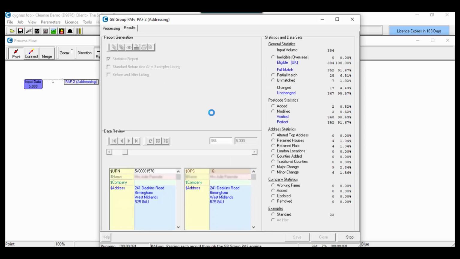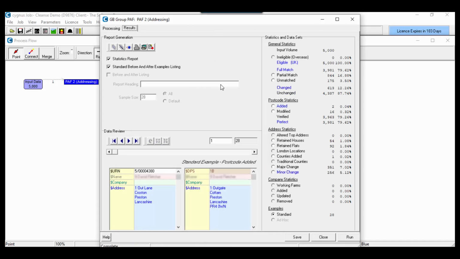As per the download we saw a moment ago, you can review it as it runs. And you can see on the right hand side the stats of this path run are being updated as it progresses, and we can see here we've got about 31 unmatched records in this file. Looks like the full match rate is around 83–84%, a little lower than we'd like perhaps, but there we are. Okay, that's about finished